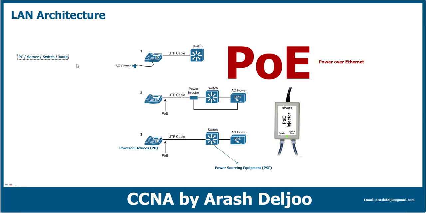You know that in traditional networks, we are using AC power, the power of our building, for supplying the needed power for these devices. It is okay. But in today's networks, we have newer devices. We have a new type of devices that for